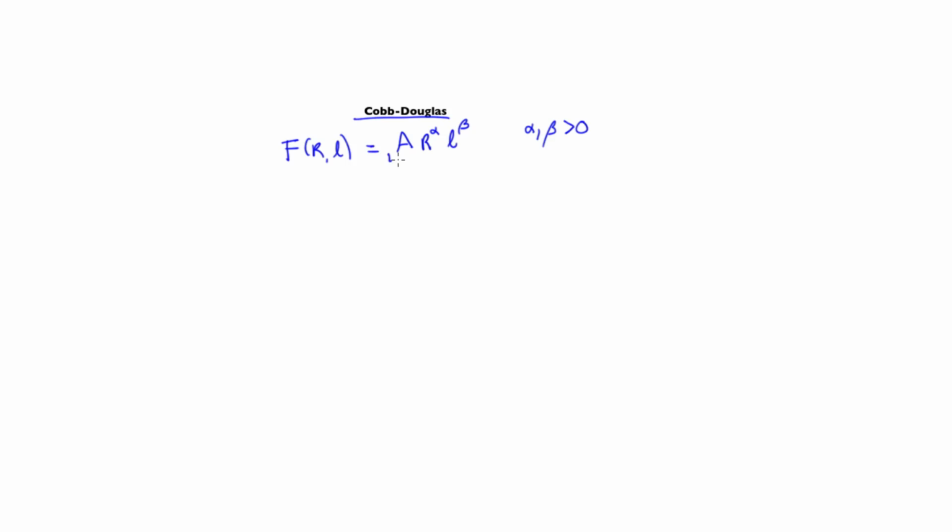Now A, which is a constant also greater than 0 that scales production up and down, is called total factor productivity,